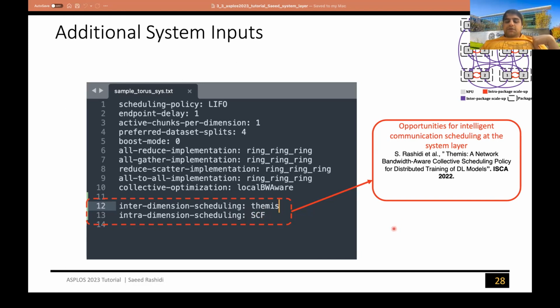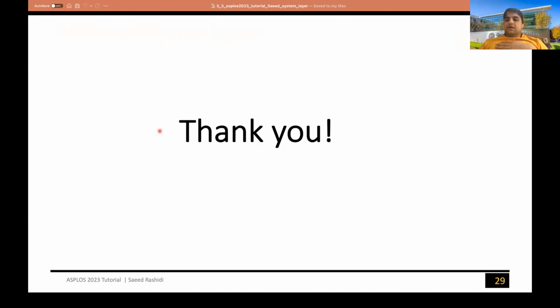And using that, I want to say that all these ideas of how to optimize the system-level aspects, such as communication scheduling or coming up with new collective communication algorithms, can be captured through the system layer of ASTRA-sim, and users can implement their ideas and also add new configurations here in the system layer inputs to test their ideas. Yeah, with that, I will finish my part on the